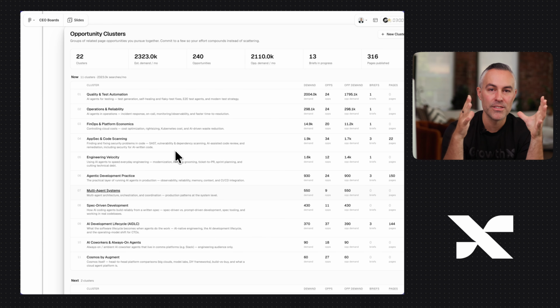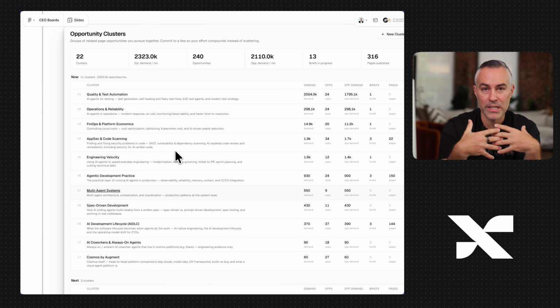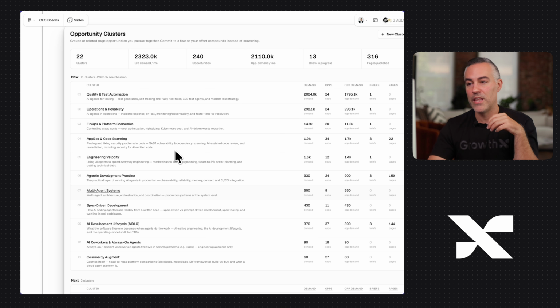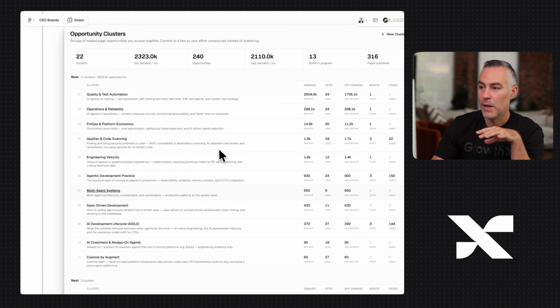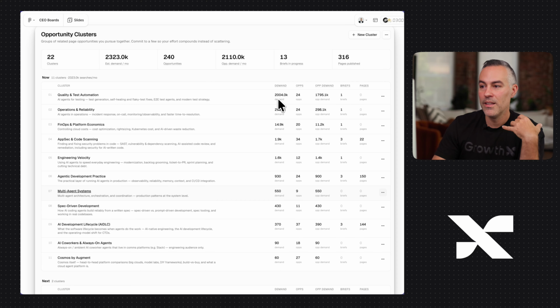there's a bunch of different patterns to these clusters. It's not like this rigid thing, but hopefully when you're talking about your strategy, there are lanes of bets that you're putting down. That doesn't mean it's the only thing you're doing. Just like with product, there's product work streams, right? And there's engineers assigned to those product work streams. There's campaigns. There's go-to-market strategy aligned to some of these work streams of things that you're building. In marketing, hopefully we're doing the same thing, and we have these containers of strategy that we're executing against, right? And you're trying to measure the overall demand, and then opportunities, and also how many pages and briefs you have